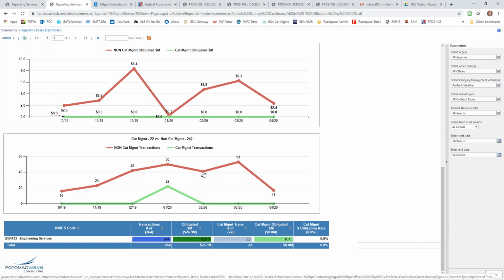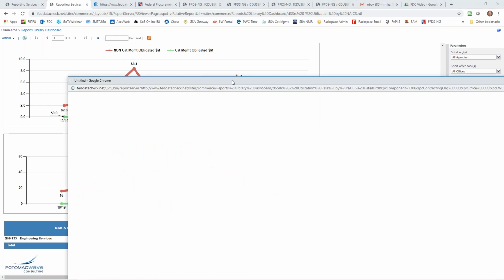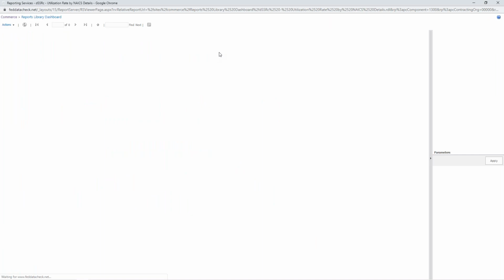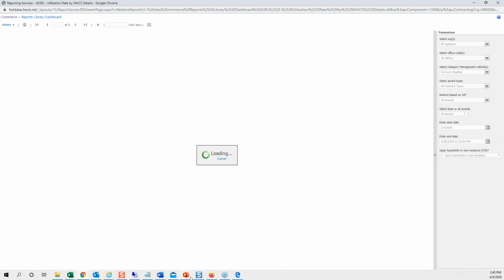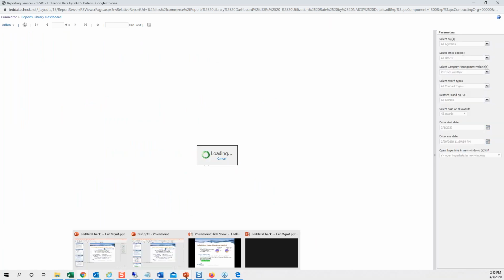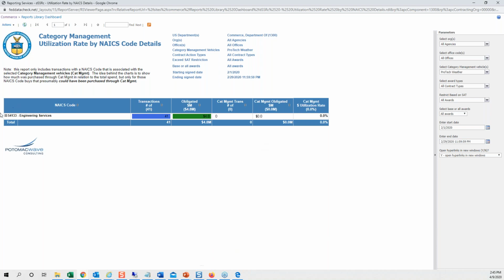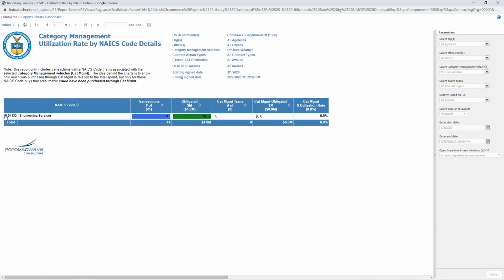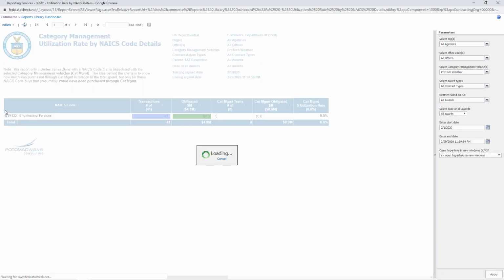Show me them, prove to me that that's a good number. You click on that, and you're going to see the details, so you can verify the overview graphic for yourself. You don't have to take our word for it that what we're telling you is accurate.